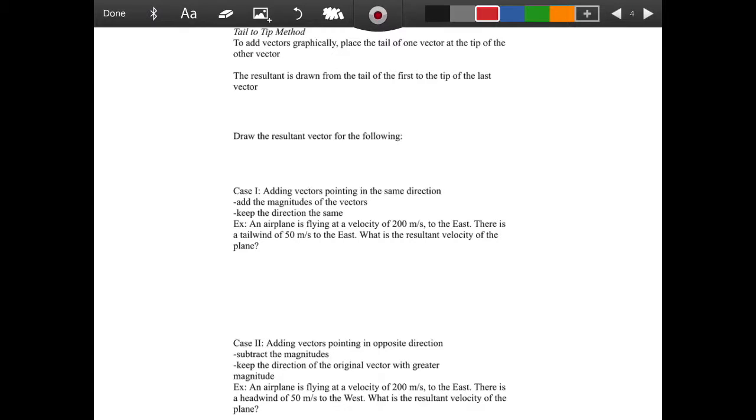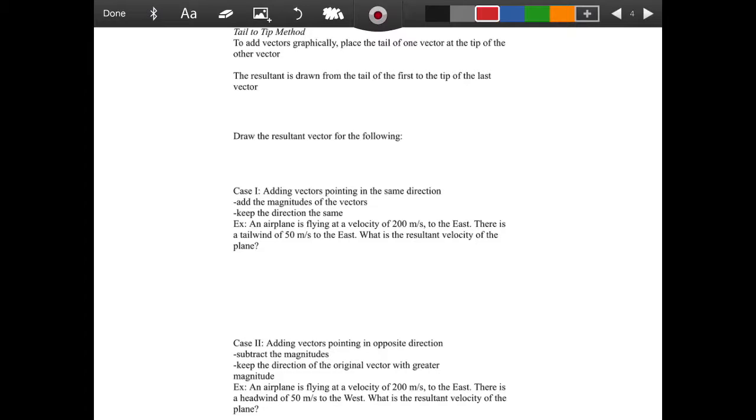And you can leave some room there as well if you want, and we can do some more examples in class. But we place the tail of one. So if we have a vector with an arrow, the tip of the arrow, and we have the tail of the arrow. So that's just the vocab. So we place the tail of one vector at the tip of the other vector. And the resultant is drawn from the very tail of the first to the last